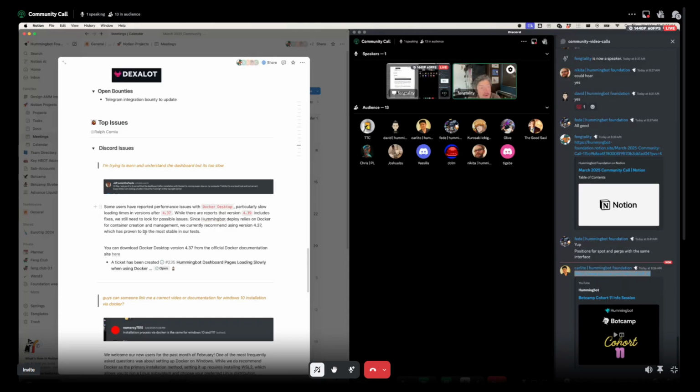So currently, if you are experiencing slow load times in Docker, we recommend using Docker Desktop 4.37, and there's a link here that you can access to download it specifically. So check your Docker Desktop version if you have issues like this, and see if downgrading or changing your version to